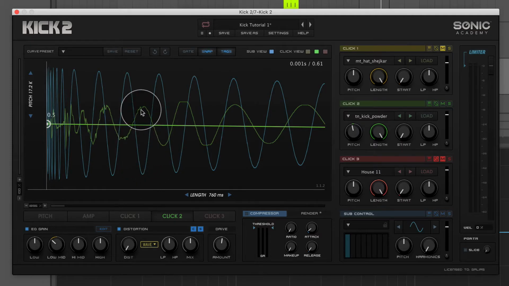Blue line and the green line are polar opposites. However, let's say over here, they start to come in phase a little bit. Over here, they are in phase. Over here, again, they're slightly out of phase, and so on. Now,